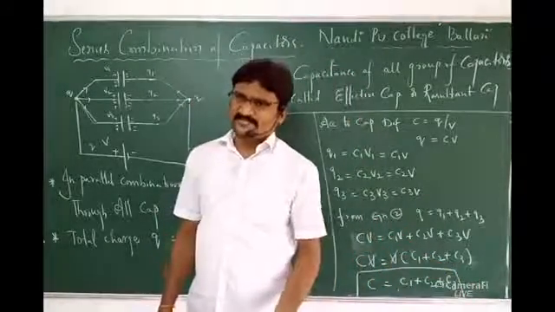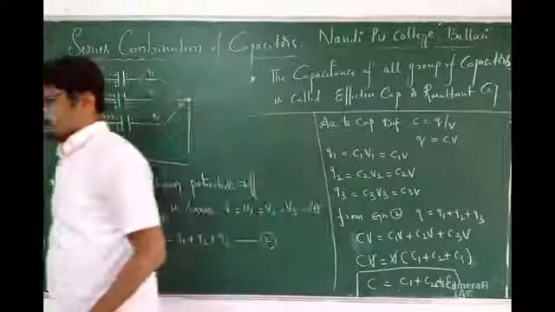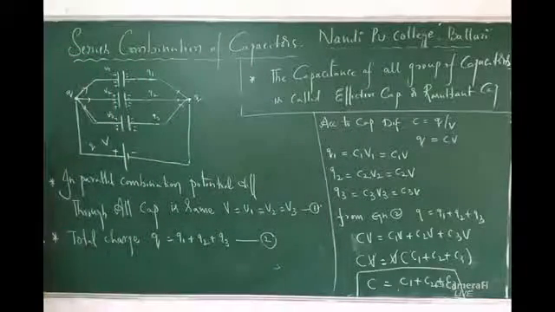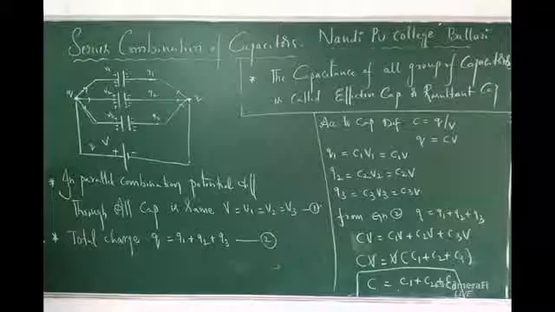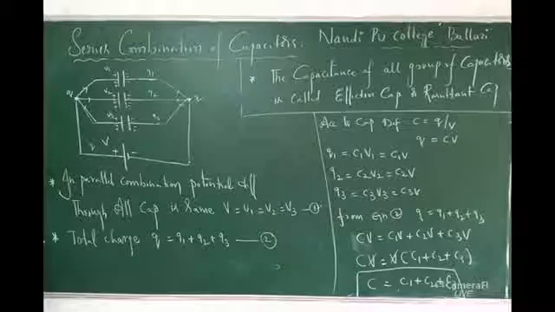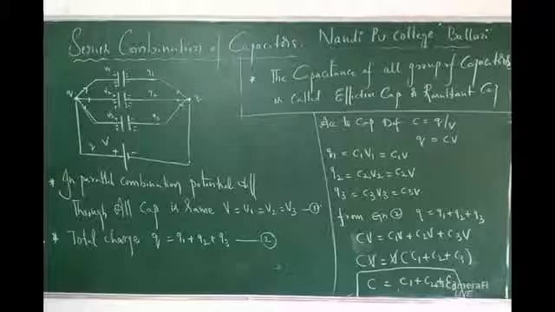If you take two capacitors, what will happen? C1 plus C2, that's it. So these are the two derivations, very, very important for you for PU board exam 5 marks questions. Okay, students, hope you understand. Now we will discuss a few points regarding series and parallel combination. Then we will close that lesson.